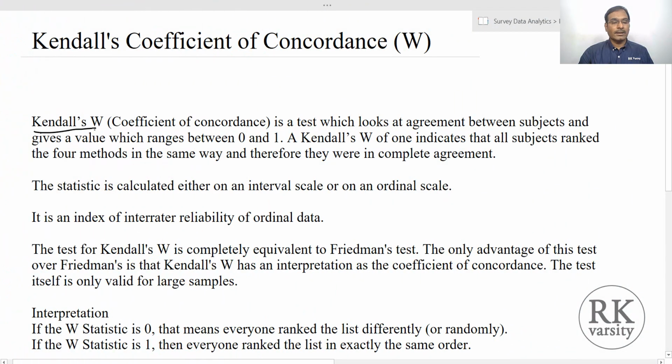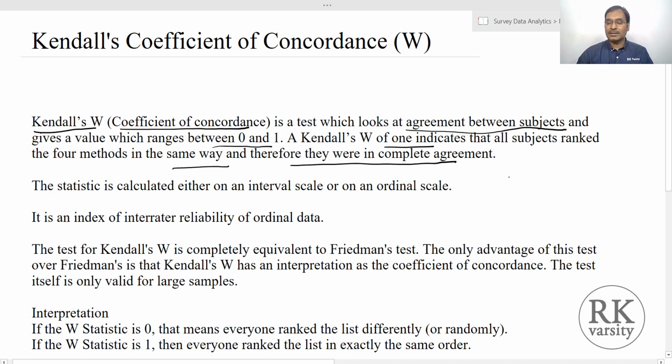Kendall's W test, also called the coefficient of concordance test, looks at agreement between subjects, and the given values range from 0 to 1. A Kendall's W of 1 indicates that all subjects ranked the different methods the same way, and therefore they were in complete agreement.